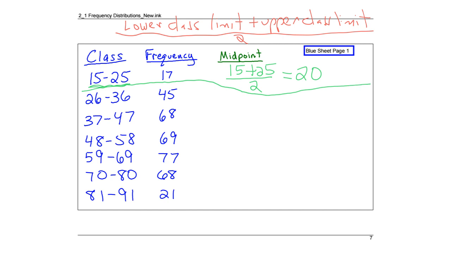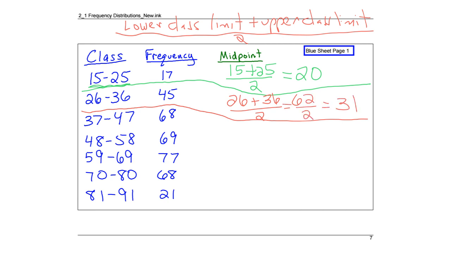I'm going to make some awful lines here. Let's try the next one. Try to give myself some space here. So this one would be 26 plus 36 divided by 2. Let me see what I've got there. That's 62 divided by 2, and that gives me 31. All right, let's try one more. And then you guys could finish the rest of the chart. You'll actually get to do that